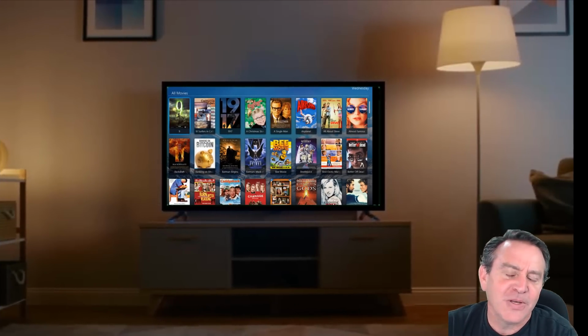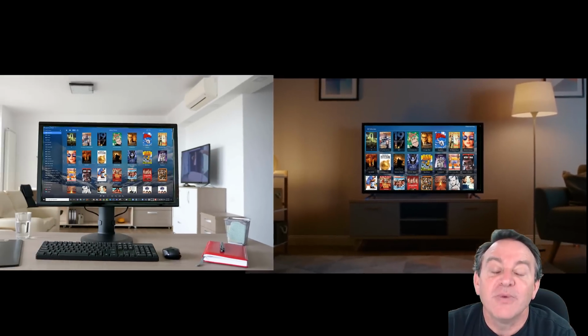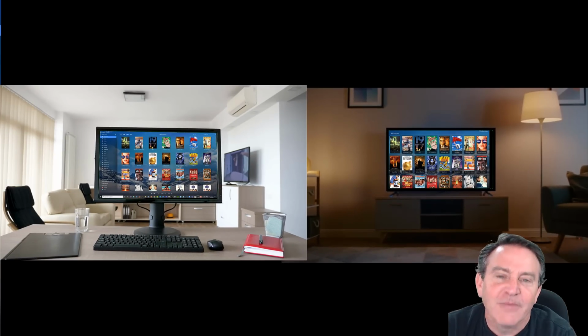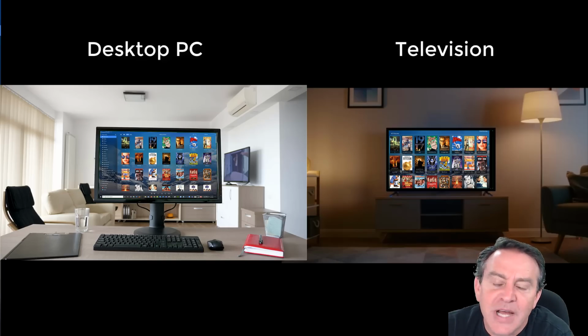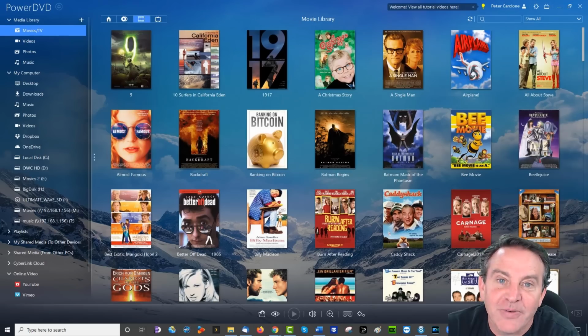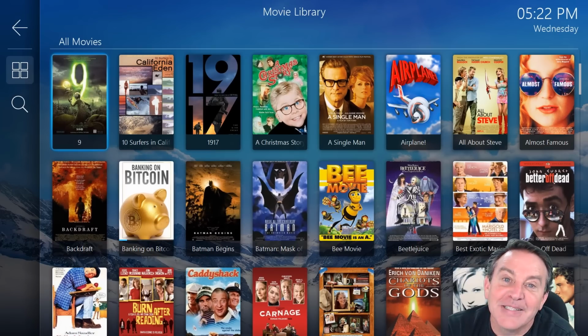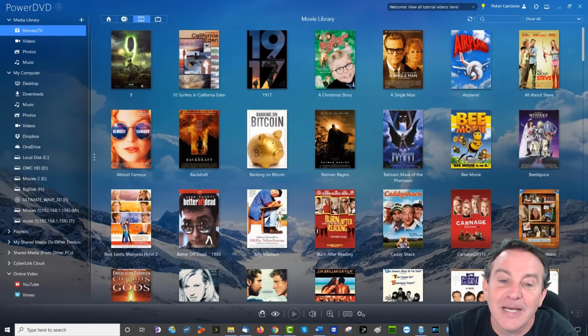See, whether you were on Plex or Kodi or a skinned Kodi, there were different interfaces for whether you were on a PC or a TV. And there was none that would switch easily between the two. This one does. It has 2 interfaces and you can switch with one click of a button. I'm going to show you that. That's incredible. Once you see that solution, you're like, why didn't someone else do that a long time ago?